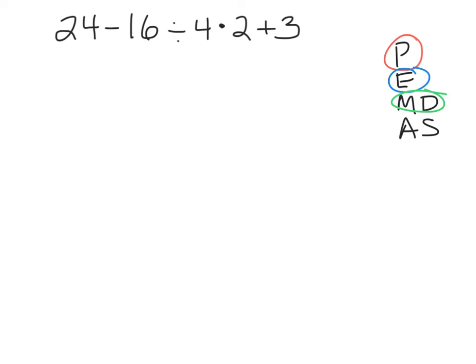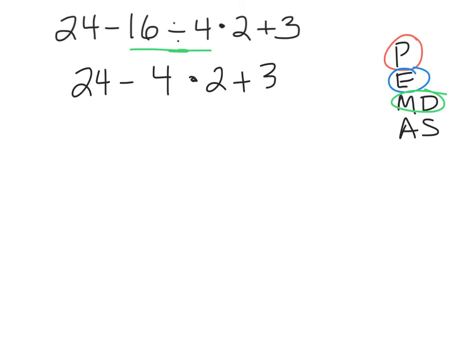24 minus 16 divided by, here's the first division or multiplication sign we see, so we need to do the division first. 16 divided by 4. So again, we keep the 24, subtract 16 divided by 4. 16 divided by 4 is 4, times 2